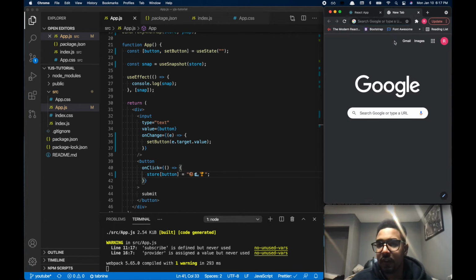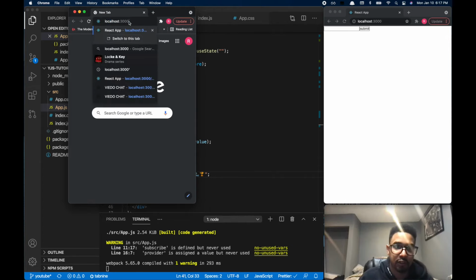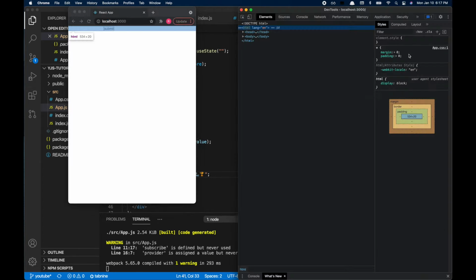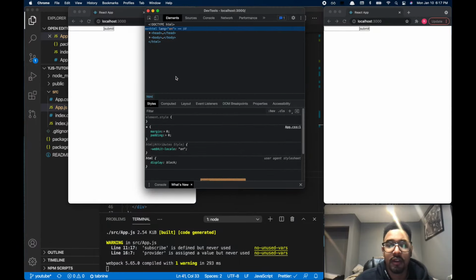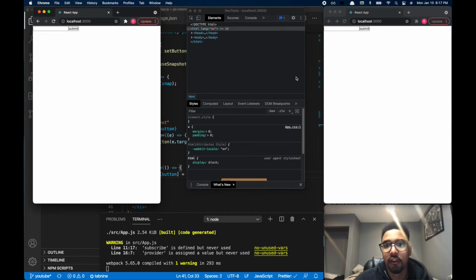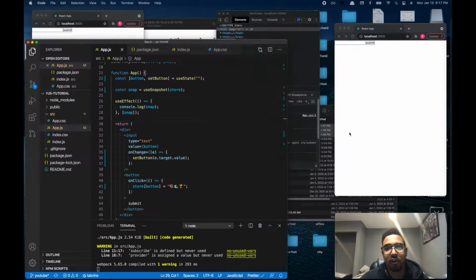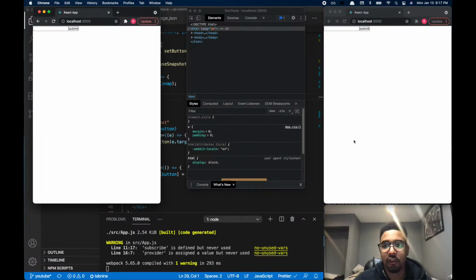So I'm going to pop this out. We're going to set up our localhost, 3000. And over here, we're going to put the inspector up, covering my face, my bad. This inspector is tied to over here. If we recall correctly, our console log is going to fire as soon as the snapshot updates. So if we did this correctly, which I'm fairly certain we did,